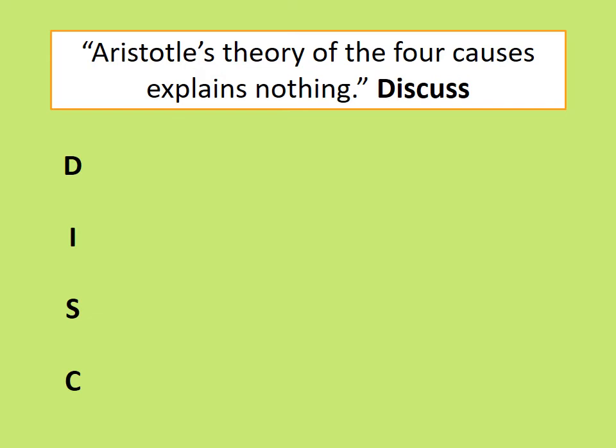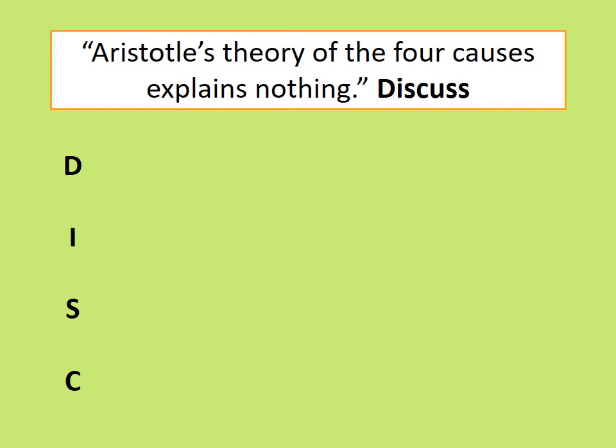But the conclusion that people most often reach, and it's quite a nice nuanced one, is that the first three causes are superior to Plato's theory of forms. They're good. They're accurate. But maybe some people like to add that maybe they don't really tell you very much that you didn't know already. But the fourth cause is more doubtful. So that's usually where people go. The first three causes are quite good, at least better than Plato, but maybe they don't tell you a lot. The fourth cause is not so good or not very accurate.